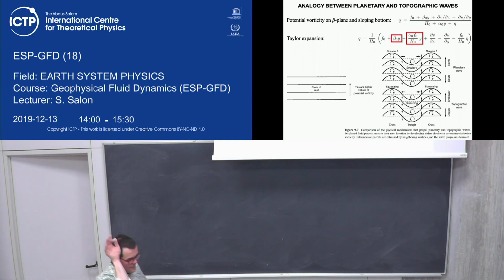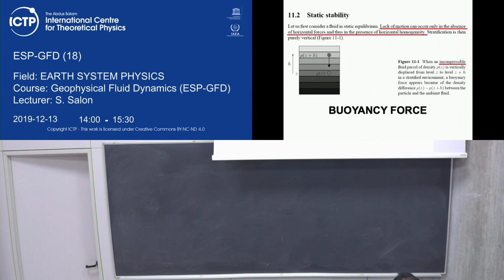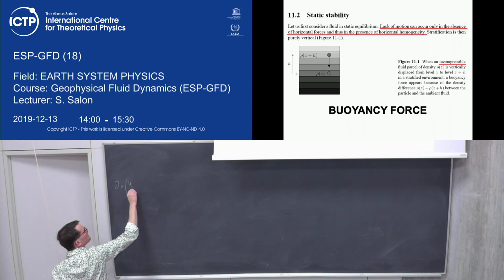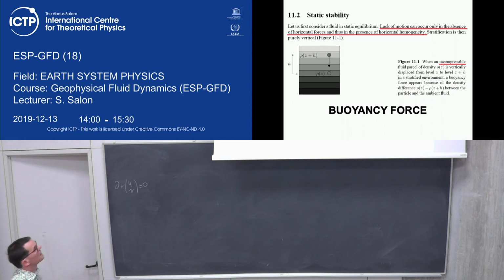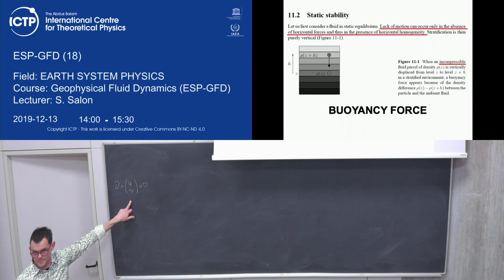So the first thing that we have to consider with stratification is that we are completely changing the framework. The framework that we are used to seeing for rotation was vertical rigidity. You remember that one of the most important things is this one: there is no shear. The only point where we found shear was